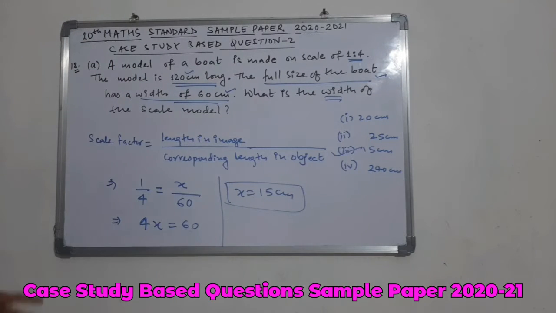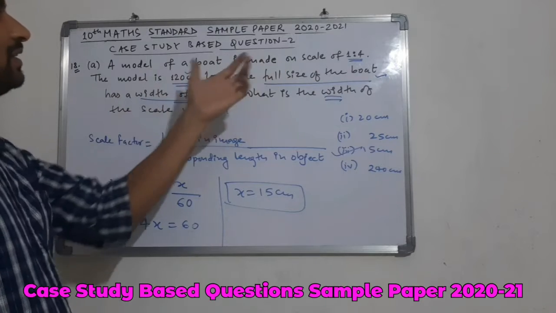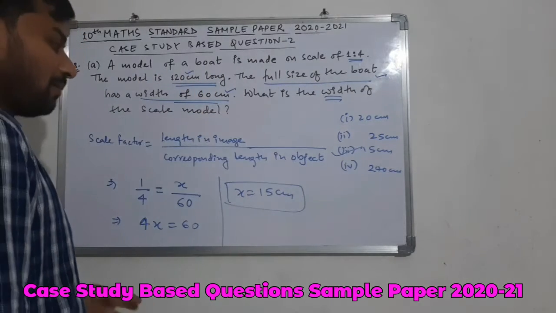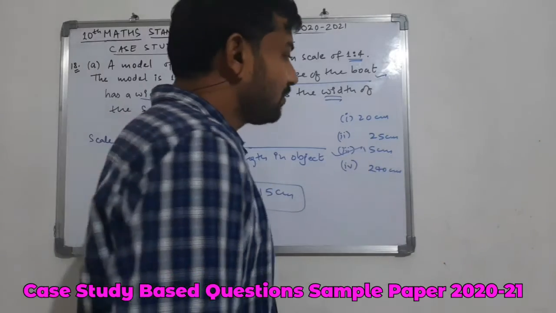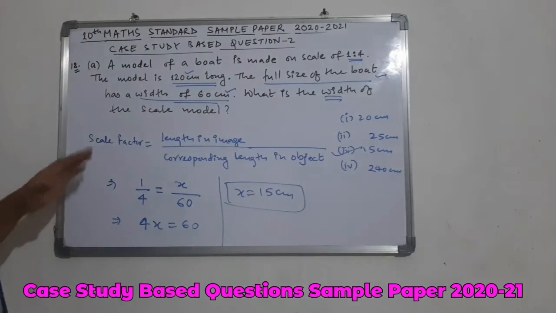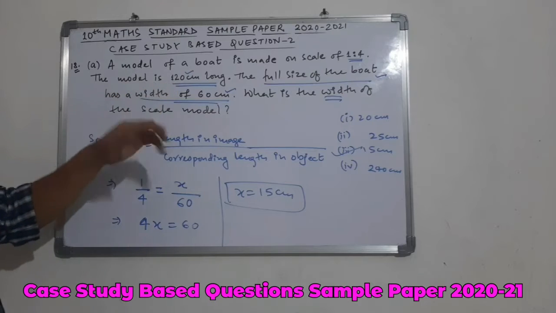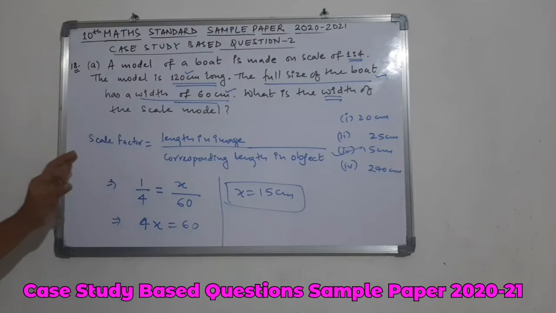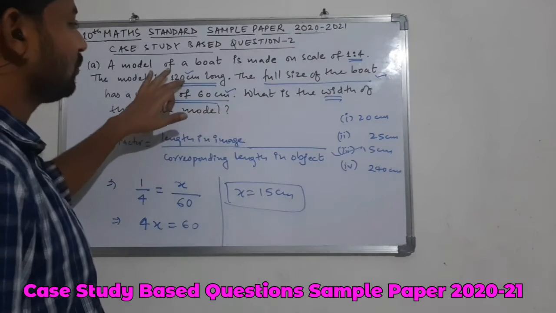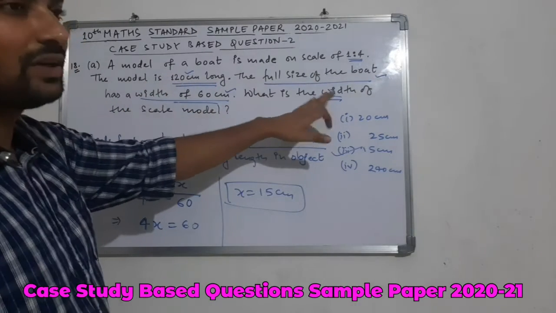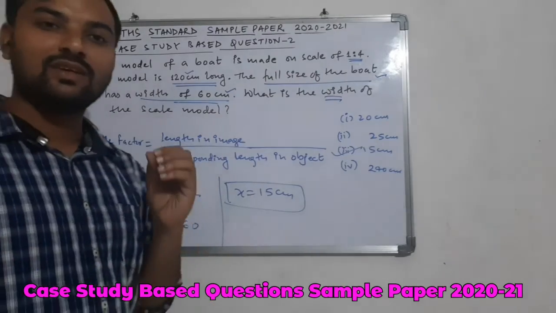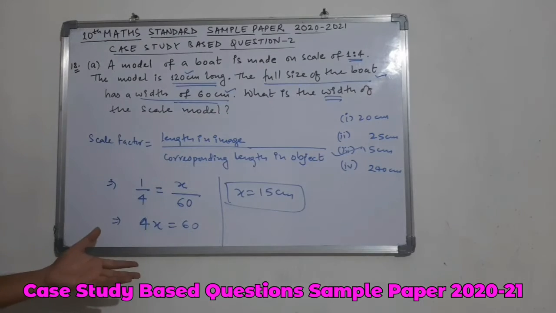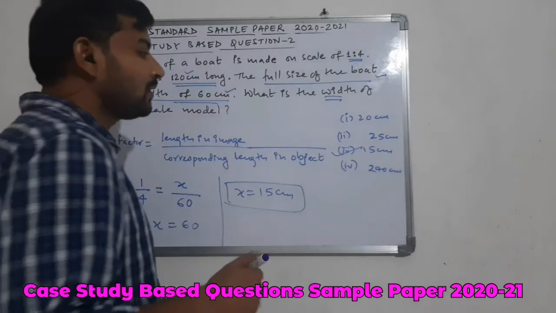The confusion has been created here: you have also been given the length of the model, but the question is about the width. So among your options, like 240 centimeters, this option has been given so that you get confused, since the length of the model is given. So somehow you have to be very careful while solving this kind of question, because the length is also given and the width is also given and you have to find the width. So we have to consider the dimension which is given as width and find out the required thing here, which is coming out to be 15 centimeters here.